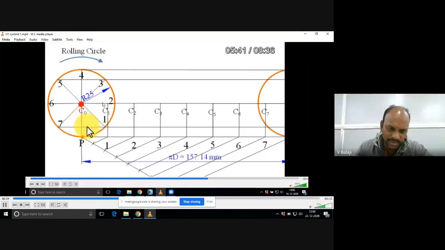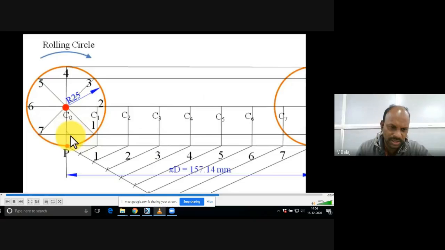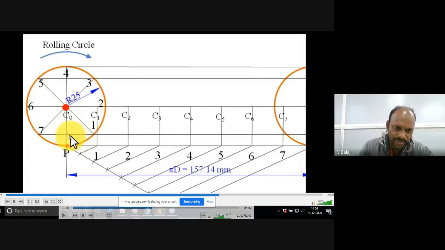Okay, sir. The first center is C1. Cut the first line passing through 1 7. Okay, so I am showing you here. I think it is visible to you, right? One arc here. Okay, C1 as my center, 25 radius. I am cutting the 1 7 line here. So this is my first generated point. If you keep on doing the same procedure, you can get the different